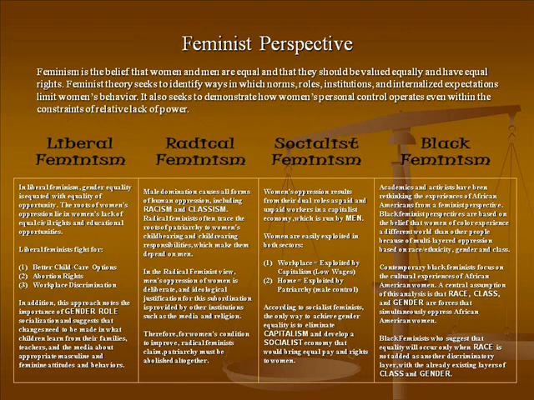Okay, so let's go to feminist perspective, which is the last perspective. Okay, this is the extreme conflict theory. It comes from the roots of conflict theory, in fact. So we have the liberal feminist, the first of four types of feminists. Gender equality is equated with equality of opportunity. The roots of women's oppression lie in women's lack of equal civil rights, so it has to do with equal rights. Now, radical feminists, on the other hand: male domination causes all forms of human oppression, including racism and classism.